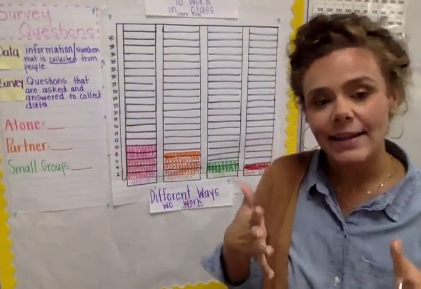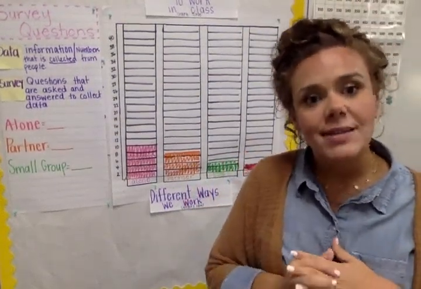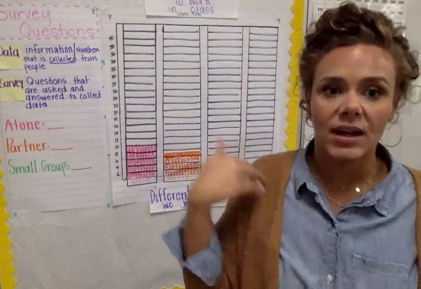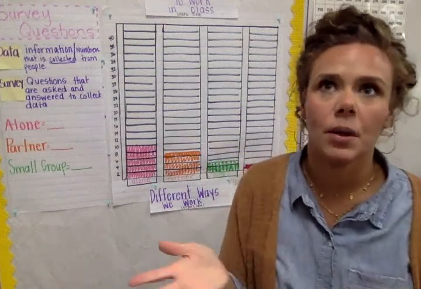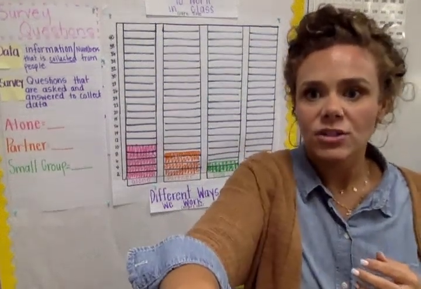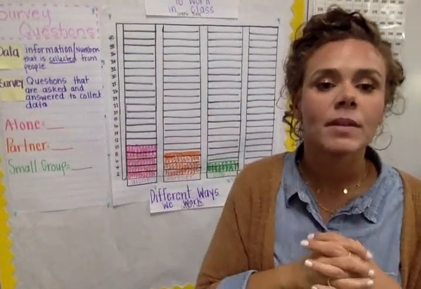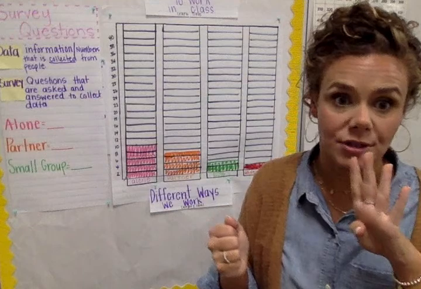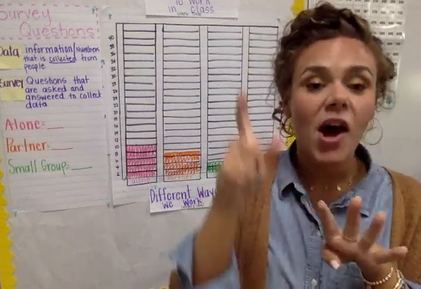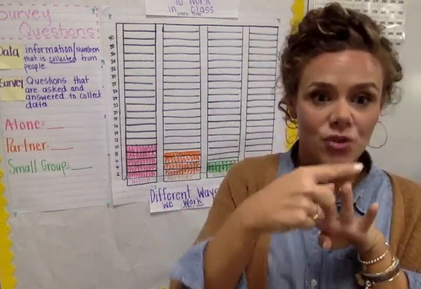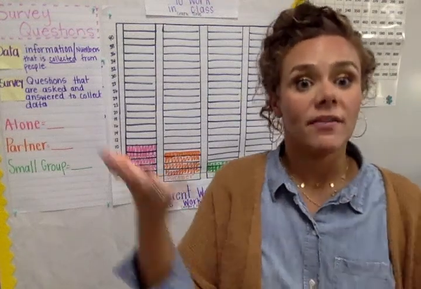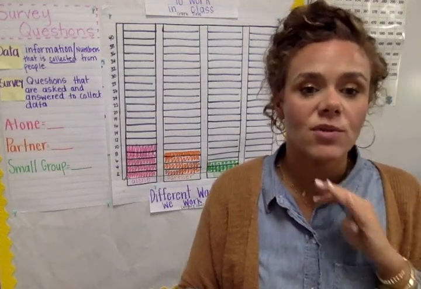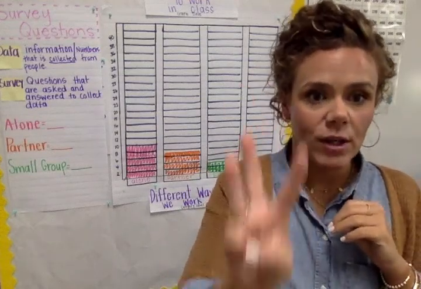But since you're not here with me, today for your assignment, I would like you to come up with 3 survey questions that we could ask the class. So I'm going to give you an example. An example of a survey question would be, what is your favorite kind of ice cream? And then you'd give 4 options, right? Chocolate chip cookie dough, Superman, strawberry, or chocolate. And then you'd have everybody answer the survey question. So today for your assignment, I would like you to come up with 3 survey questions that you can share